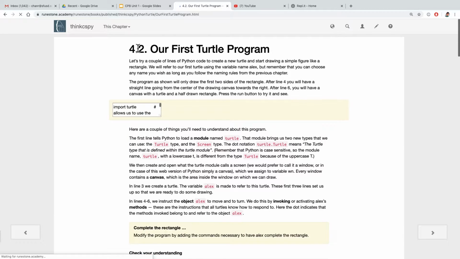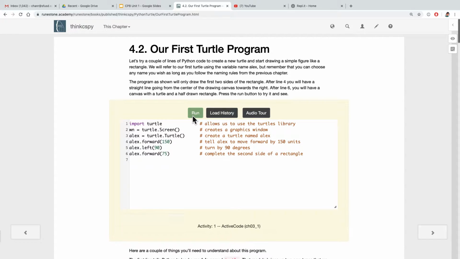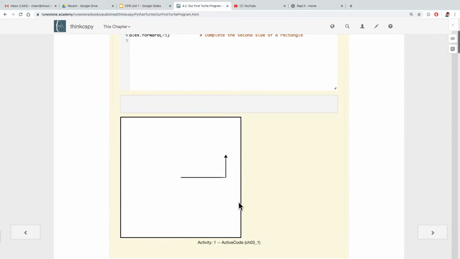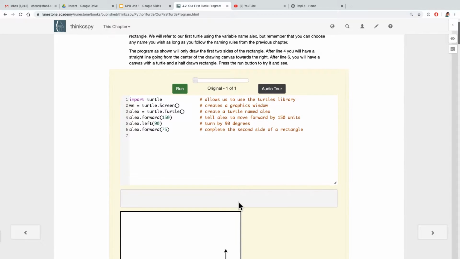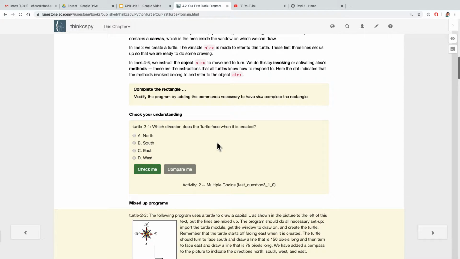What's great about this, it's interactive, so it gives you a lesson. You can run code that's there, here, run, and then it shows you a little turtle. Oh, look, it's making a box. No, it made a right angle. Okay, so we can make it do a box. And all this code, after setting it up, like I went over yesterday with the turtle module in Replit, then